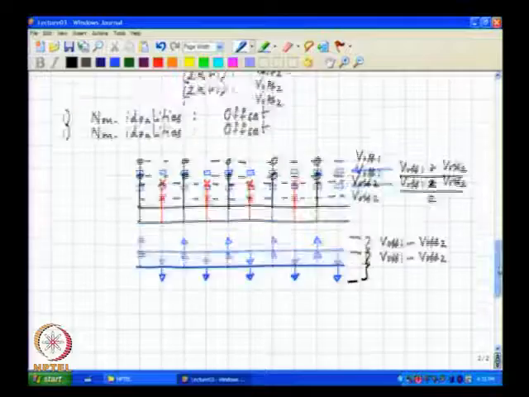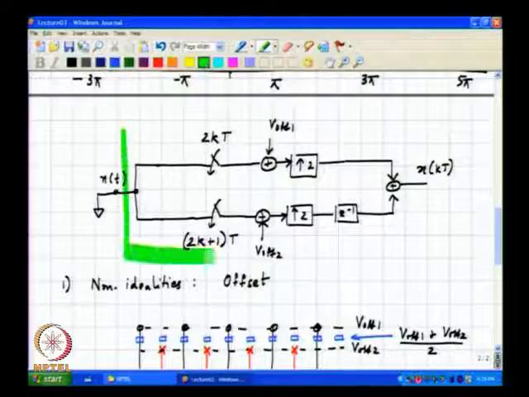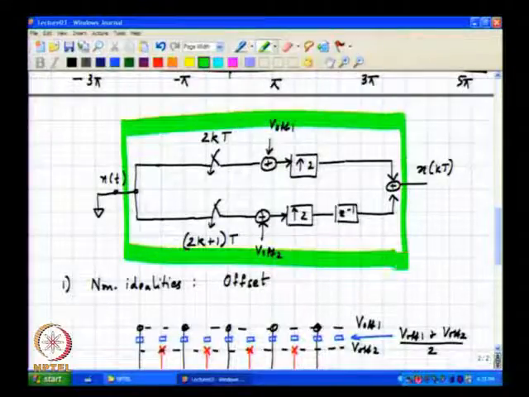Fs by 2, correct, because if we put this whole thing in a black box and we look at the output sequence,